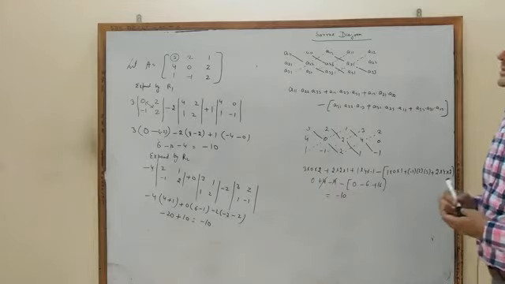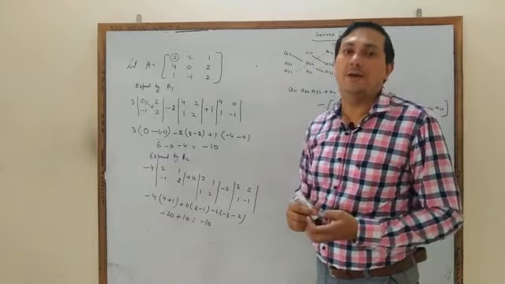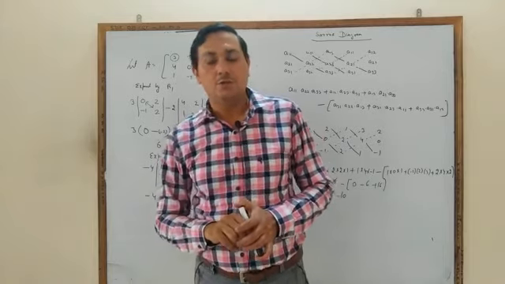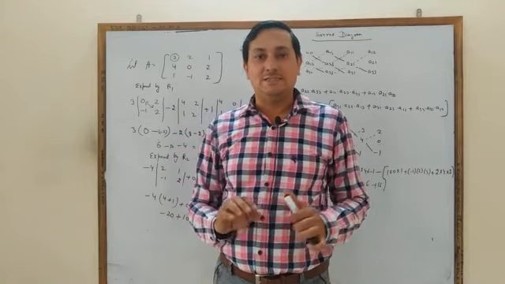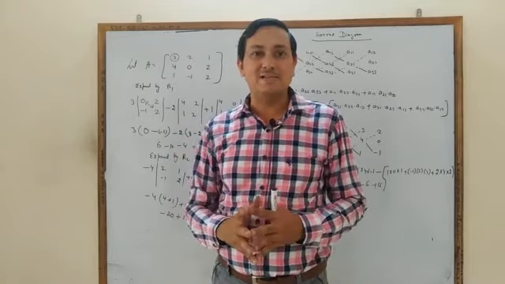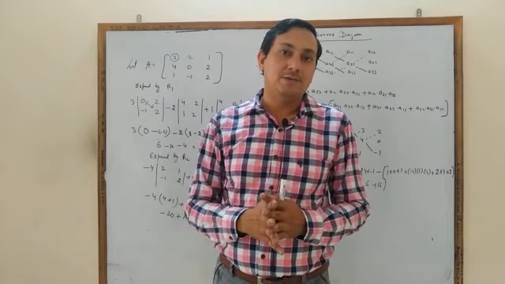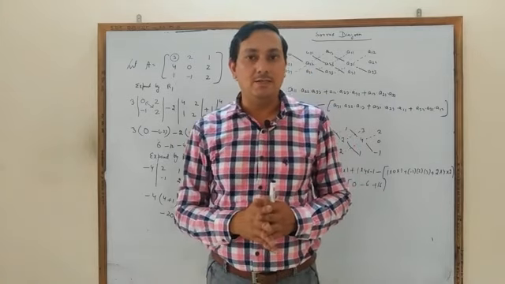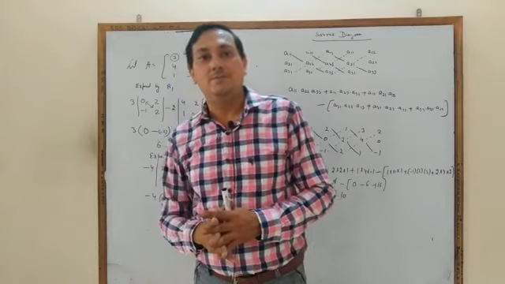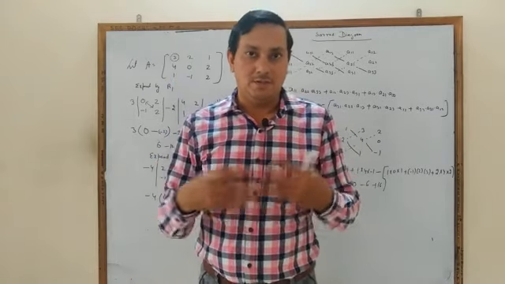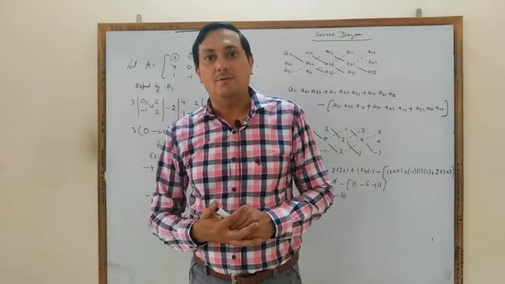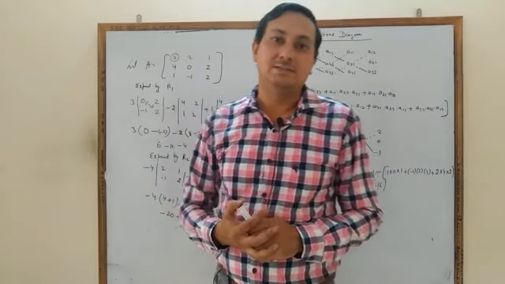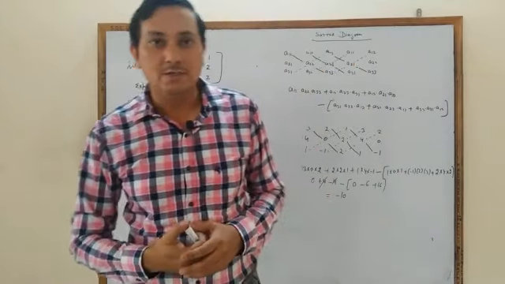You have to use this method only when it is required in a question. So for this class it is sufficient. Now you can practice to calculate the determinants of the order up to 3 by 3, and we shall proceed in the next class and know about cofactors, minors and the general method to calculate the determinant.